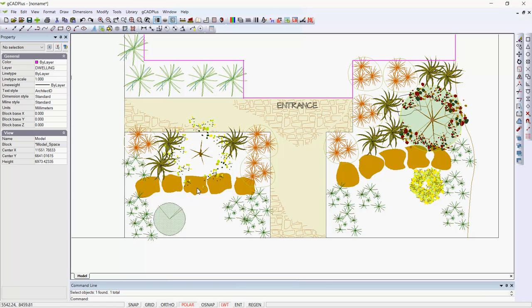I like to use this drawing to demonstrate some of the backup features within gCADPlus. I've started a brand new drawing. It's called No Name, and I've been working on it for about 7 or 8 minutes. Just imagine that for some reason